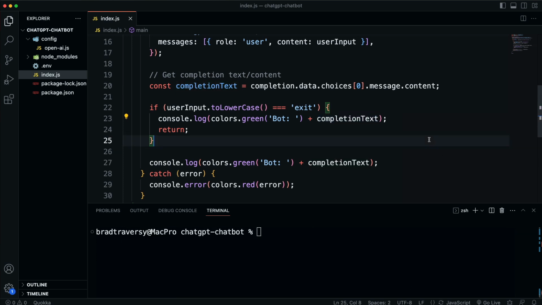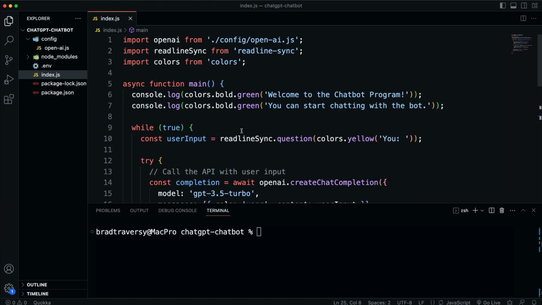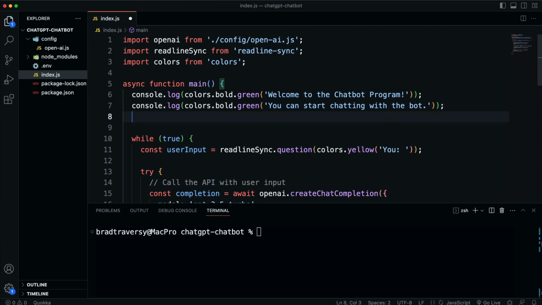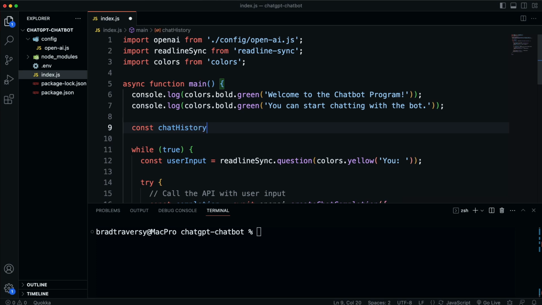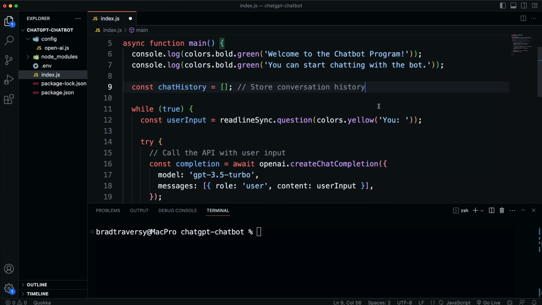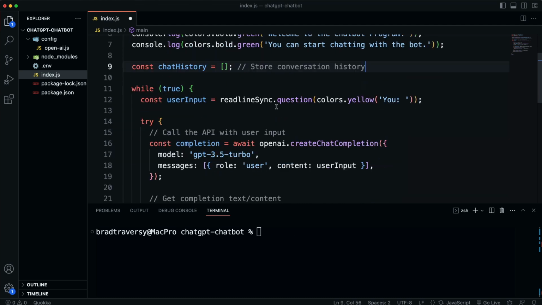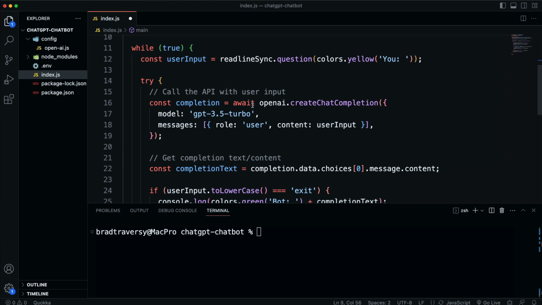So let's come up to the top here, right above the loop, and initialize const chatHistory, and we're going to set that to just an empty array. So let's say store conversation history. Okay, and then what we're going to do is go into the try, and let's go above where we call the API,